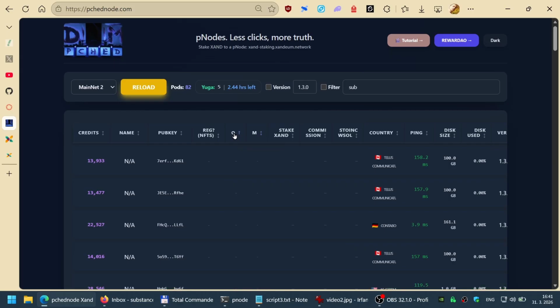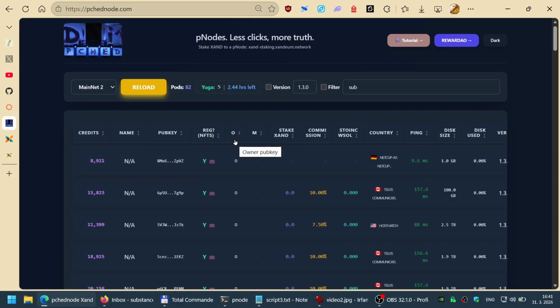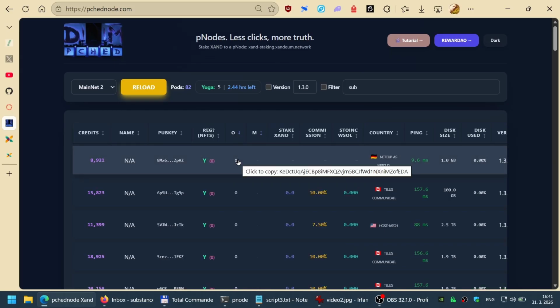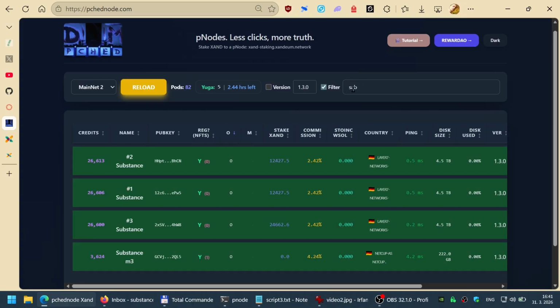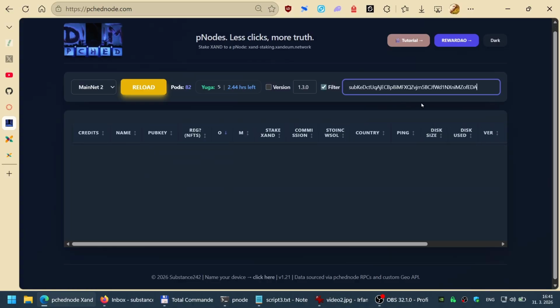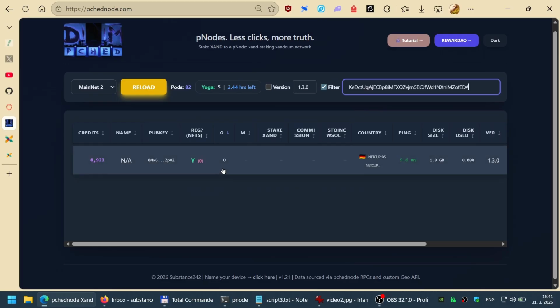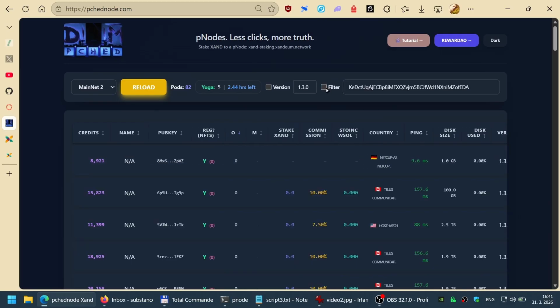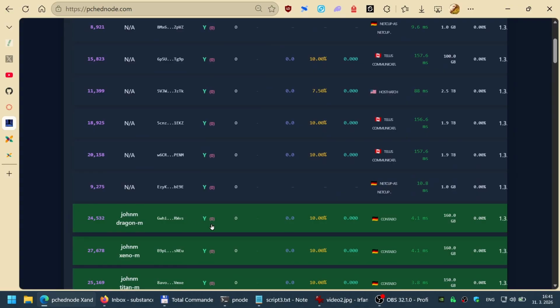We can also sort here by owner key, and we can also click on this O to copy the owner public key to the clipboard. So then we can search for it and see all the pNodes that this owner has. I need an example like this one. I click on owner for John Dragon,